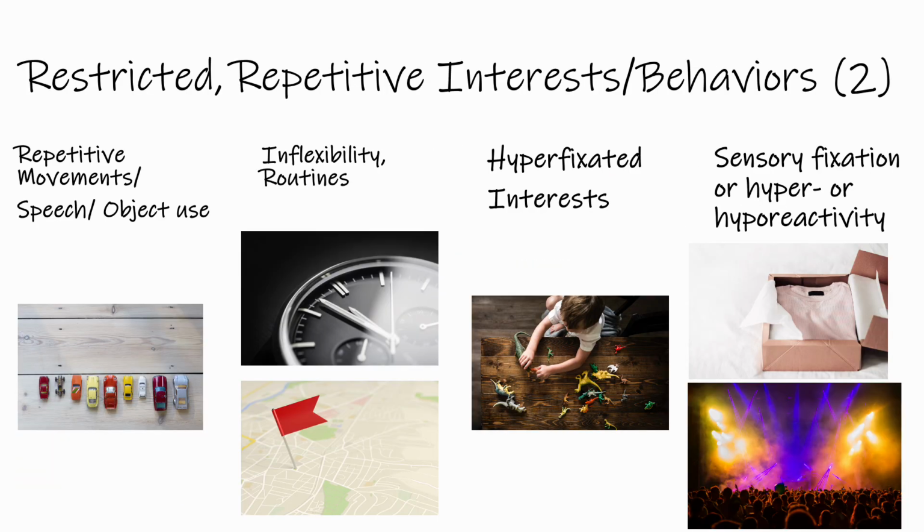Additionally, 2 more symptoms of restricted or repetitive interests or behaviors are needed to make a diagnosis of autism. Categories include stereotyped or repetitive motor movements, use of objects, or speech. Examples can include lining up toys, being interested in parts of objects like spinning the wheels of a car instead of using a car the way it was intended as a toy, motor stereotypes like hand flapping or spinning when excited or upset,